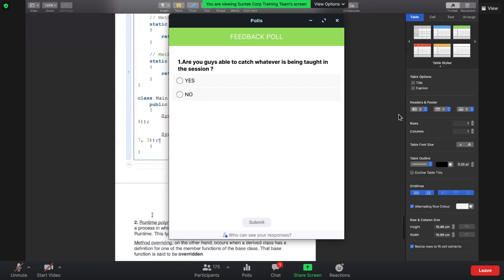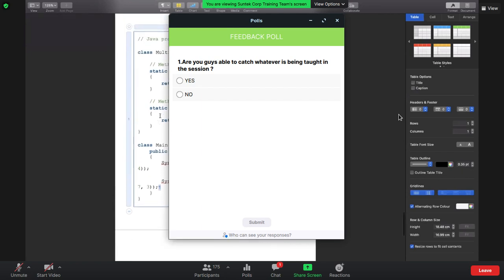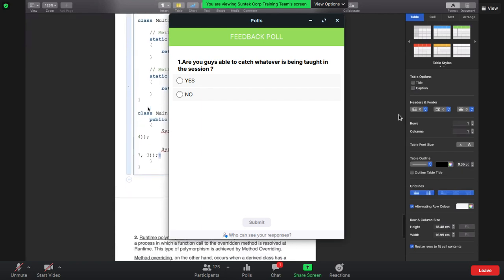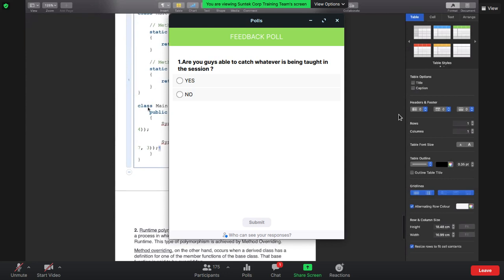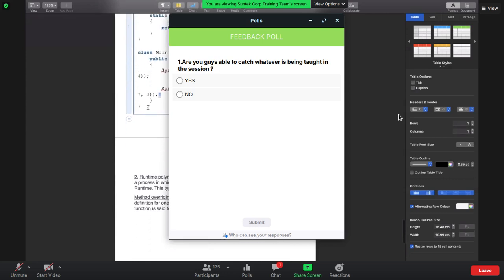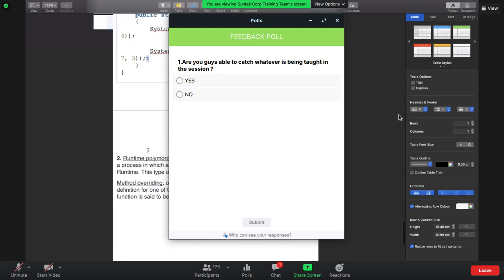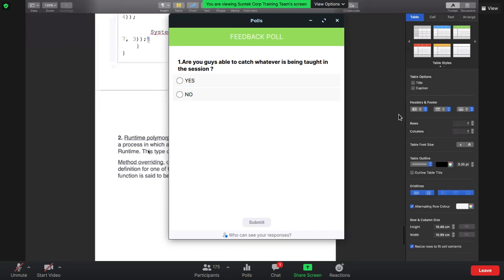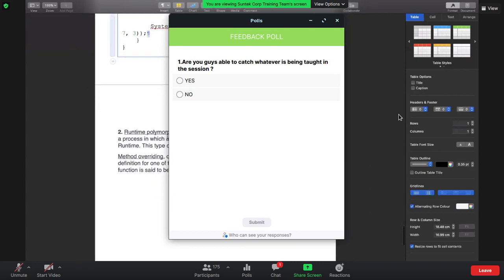And if you are talking about runtime polymorphism, maybe we'll discuss more on that. That's a different case in runtime polymorphism, but for overloading, it should be the same, identical. Okay, let's have a look at runtime polymorphism.